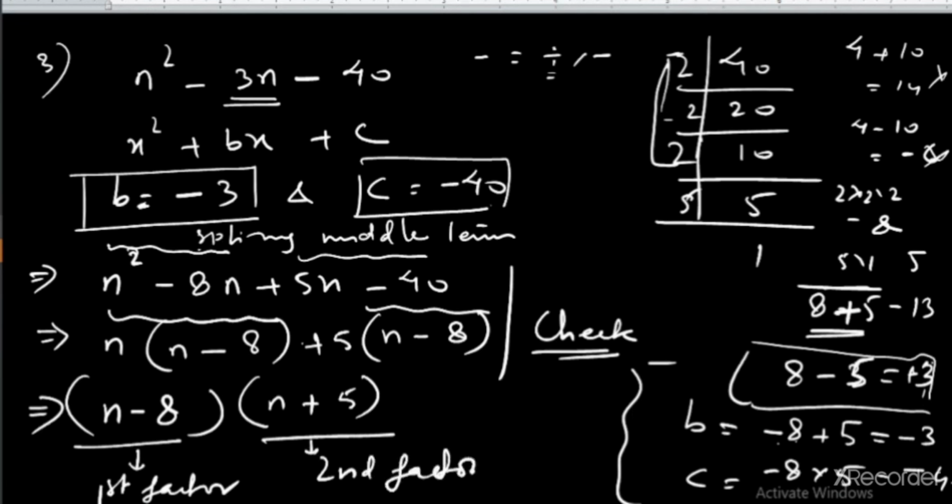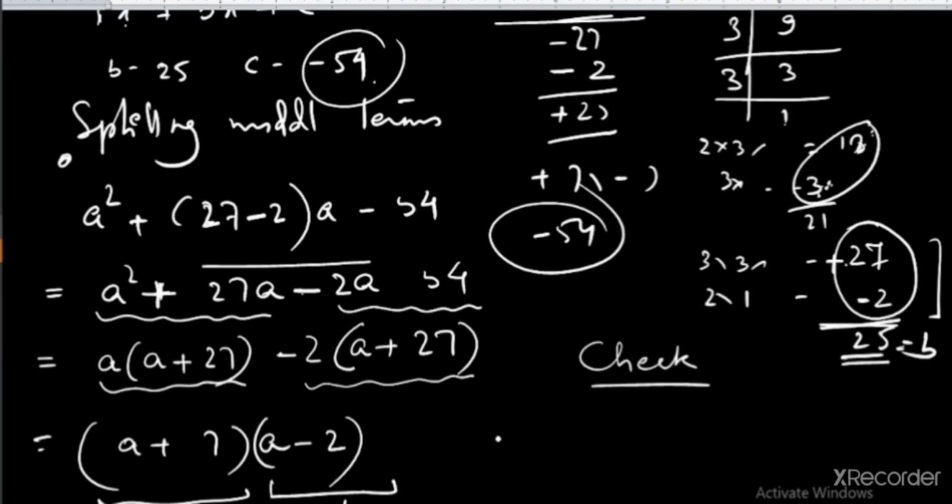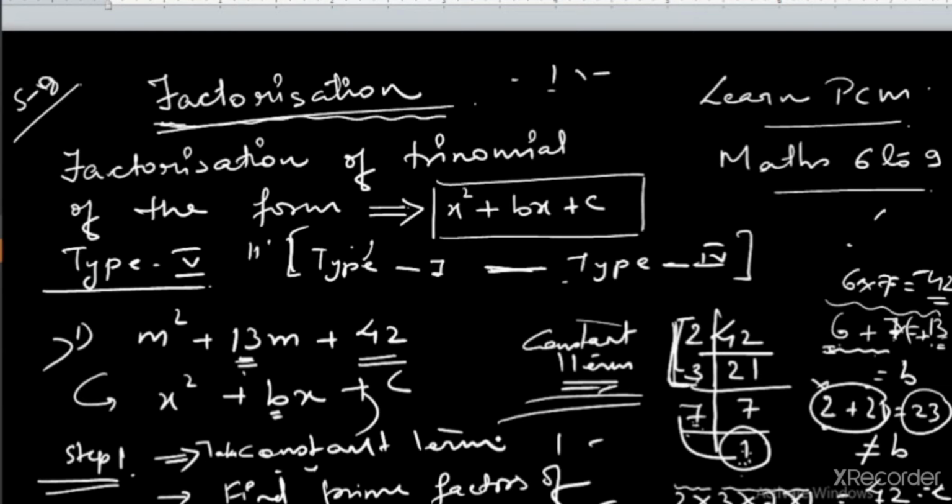So I hope with these 3 examples you have understood. In the very first example, I have taken all the plus signs. I mean, all the terms are in the plus form. Let me show you. Here you can see, this is plus sign, isn't it? Here also the plus sign is there. So in the very first example I have taken both plus signs.